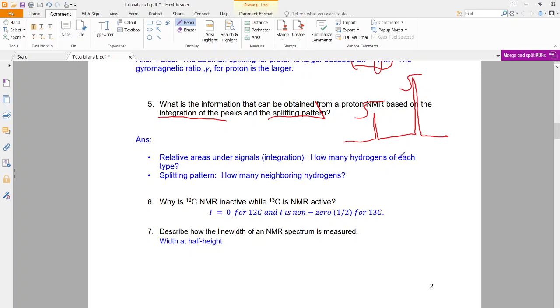What does it say? It means how many hydrogens of each type. You know that there will be more of this type of proton as compared to this one. And the splitting patterns means that if you have a doublet here, and then something much nearer, 1 2 1. So this is 1 to 1 and this is 1 to 1, and it says something about the neighboring. Okay, so question number 6,